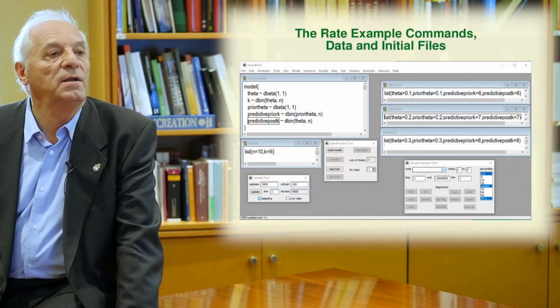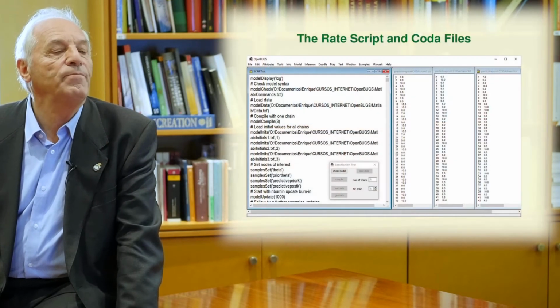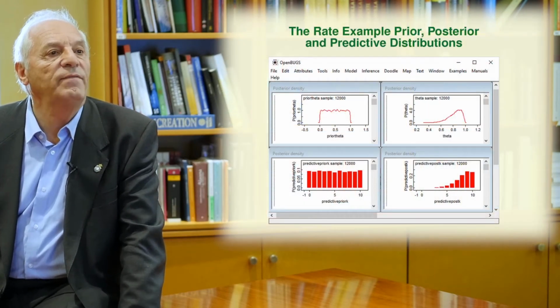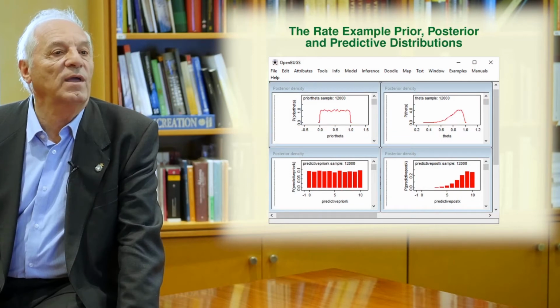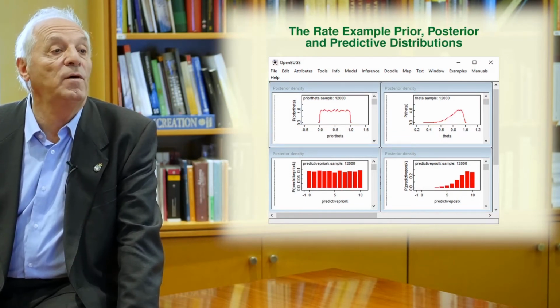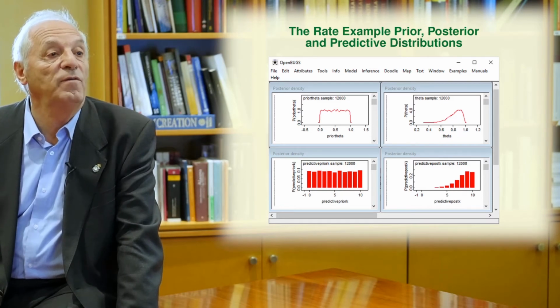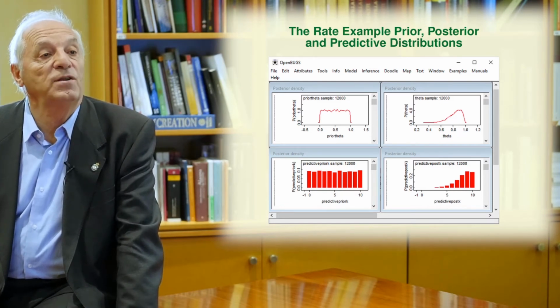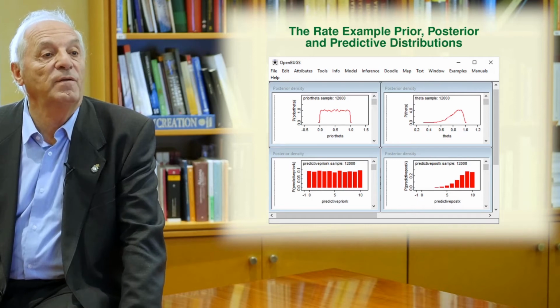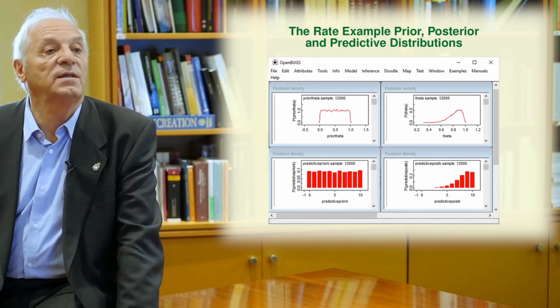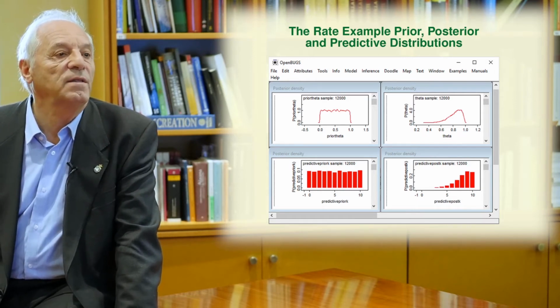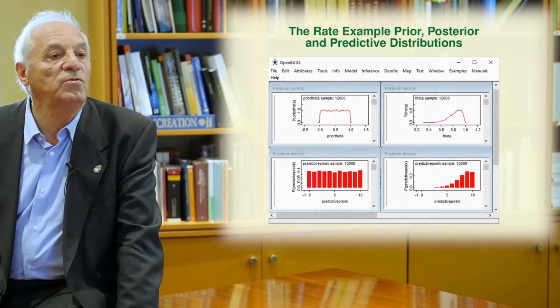We use the OpenBUGS software, and here you have the plots for the prior theta and the posterior. In the prior, we have assumed a uniform, and you can see the uniform on the left-hand side, but after using the sample, we have a different posterior, which is the density that is plotted on the other side. And the same is true for the other posterior.